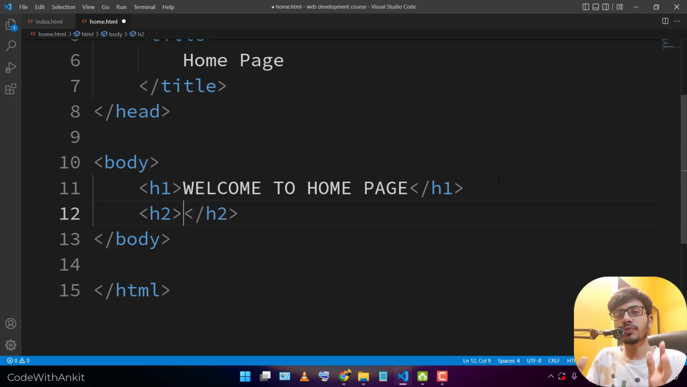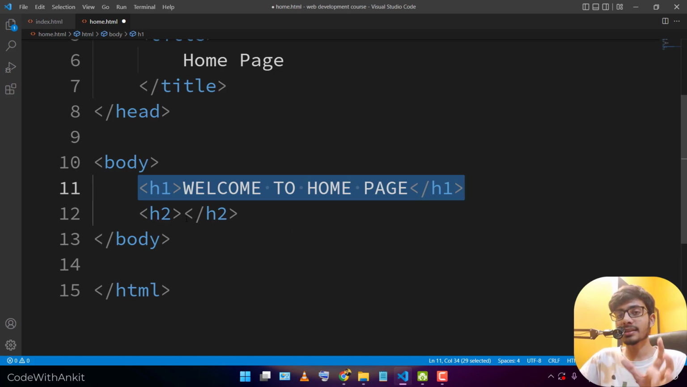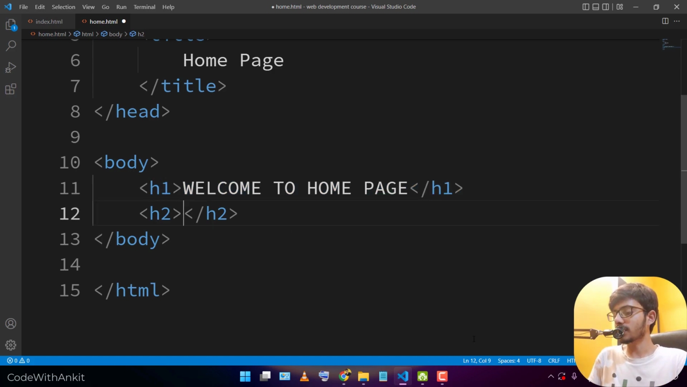It generally goes from h1 to h6, in descending order, like descending in the font size. Okay, so h1 means the highest of the size and h6 means the lowest of the size. Okay, so h2, if you just write